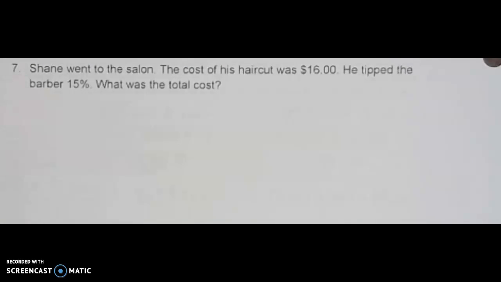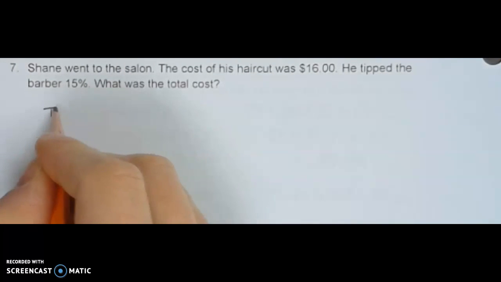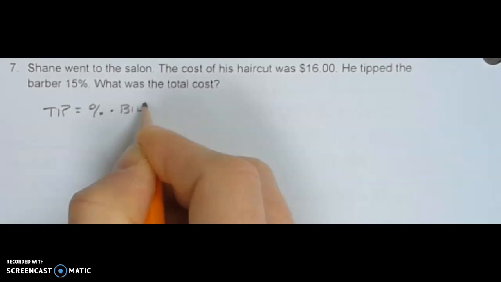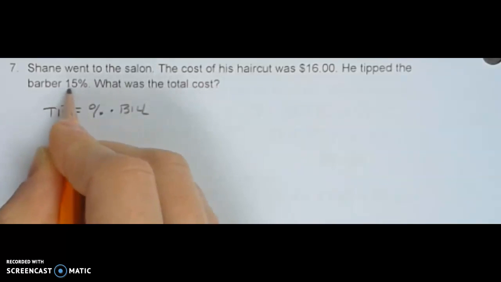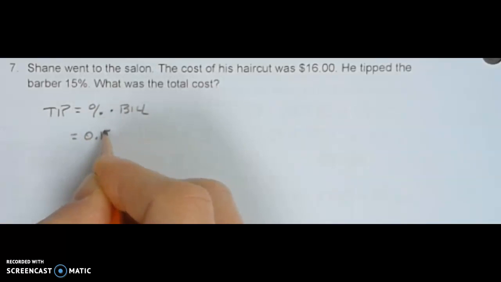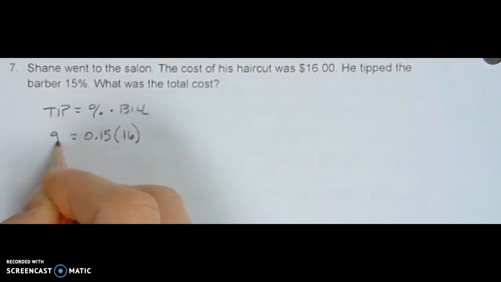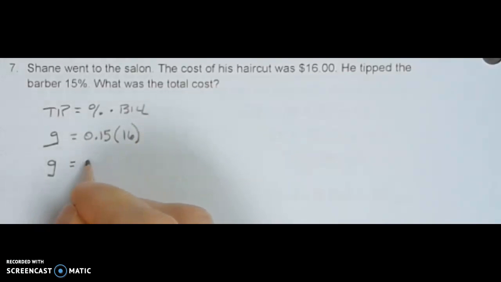$351.27. Number 7 says that Shane went to the salon. The cost of his haircut was $16, and he tipped the barber 15%. So what was his total cost? So we'll start with the tip. Tip is a percentage of the original bill. He left a 15% tip, which becomes a decimal of 15 hundredths. And his haircut cost $16. So we need to figure out what his gratuity will be. So if we multiply 15 hundredths by 16, that gives us the decimal of 2 4/10, which means that the tip is